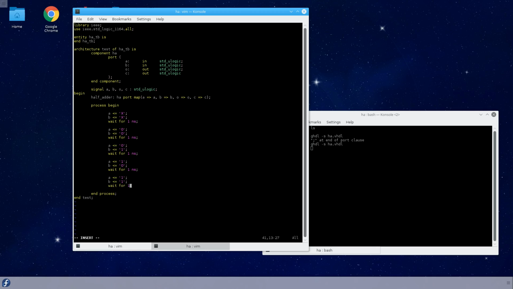And we're going to wait for 1 nanosecond, and after we wait that, I'm going to write a simple assert statement which is going to evaluate, and I'm going to print a message that says reached end of test. And then we have to put a final wait, and notice that I did not specify time, and that will tell the simulation that I'm waiting forever, effectively ending a test bench. So I'm going to save this file,